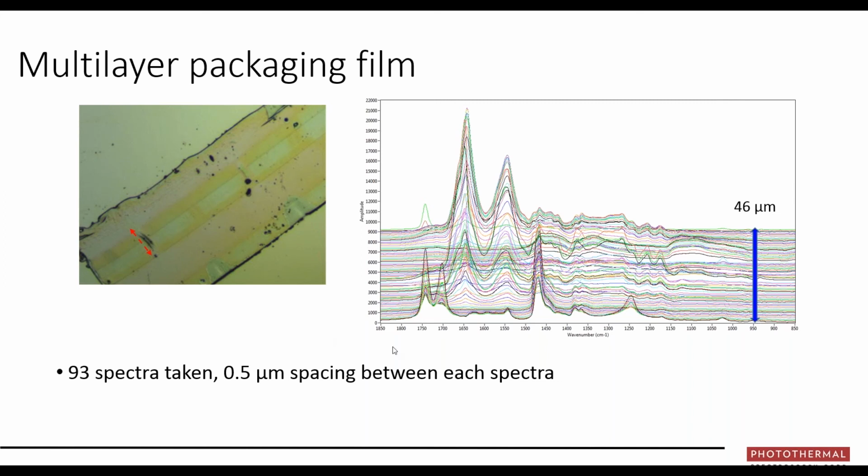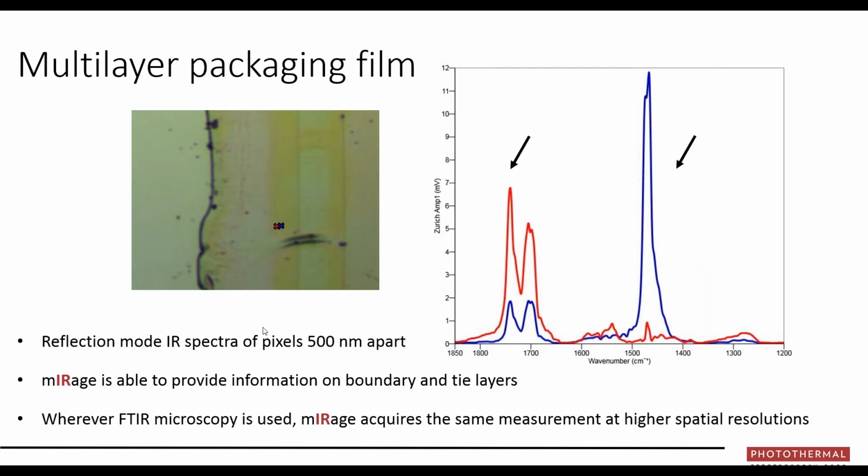You could get the spectra, but not nearly at that spatial resolution. Just to demonstrate that we do achieve 500 nanometer spatial resolution, on the next slide, we pick out 2 spectra that are right next to each other in this multi-layer film. So these 2 spectra are only 500 nanometers apart, and you can see that Mirage is easily able to provide